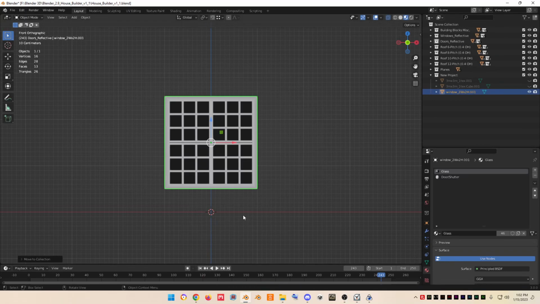Now, if it was me, I'd probably just make it from scratch. It would be just as quick. But if you're not good at modeling and all that stuff, this is how I would go about doing it. I would just duplicate this window again,